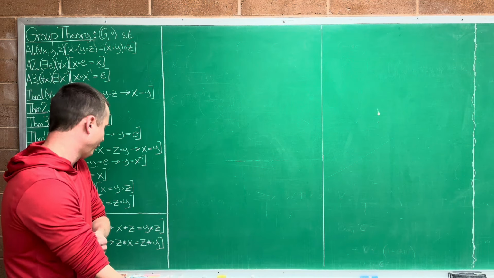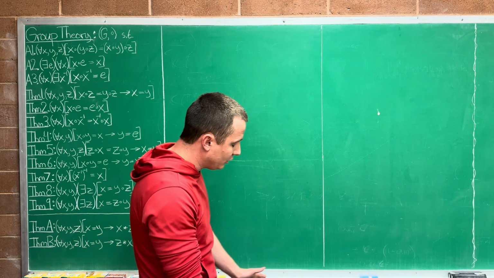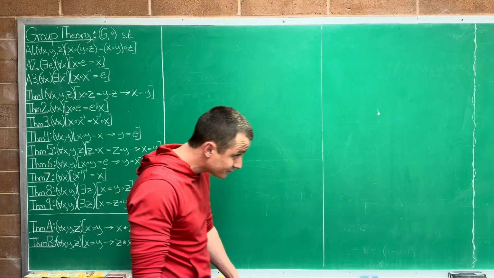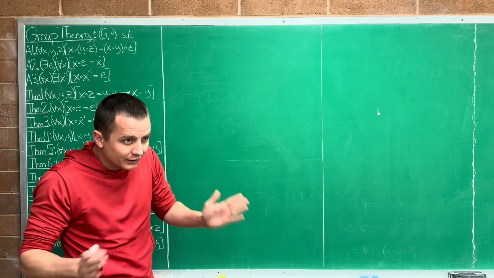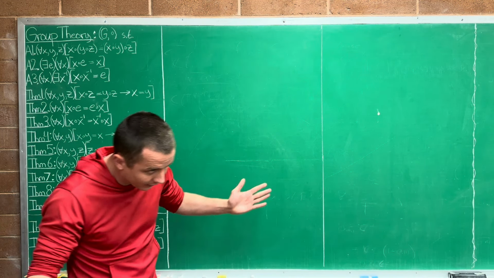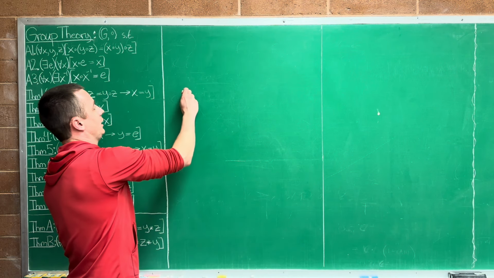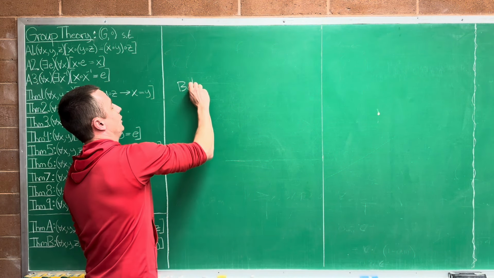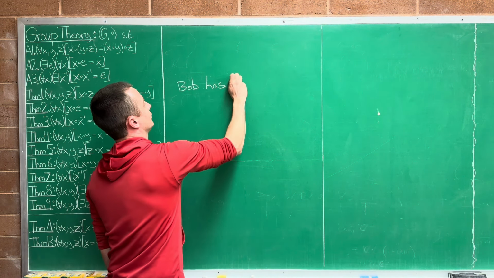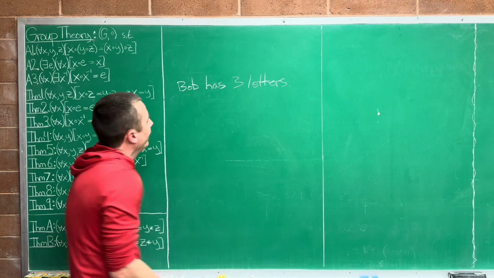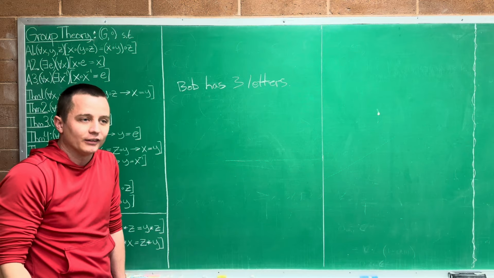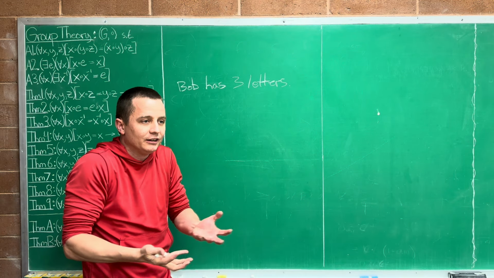Chapter 6 is roughly about the difference between the name of an object and the object itself, the designator and the thing it designates. So I'll give you a quick example. If I were to write something like Bob has 3 letters, this is not true. Bob does not have 3 letters unless Bob is physically holding in his hand 3 different